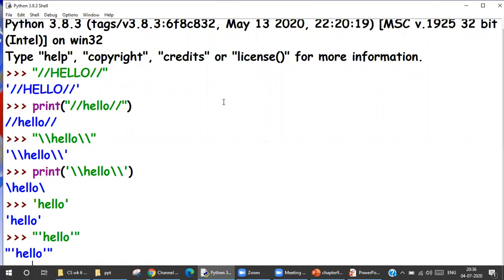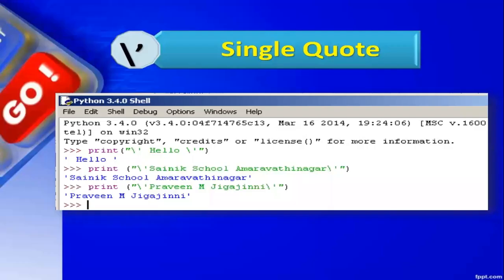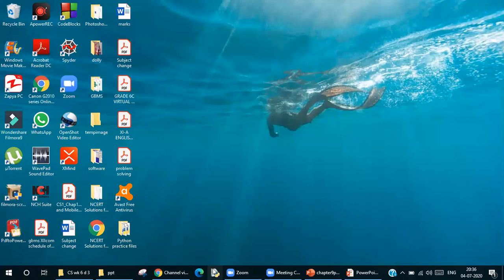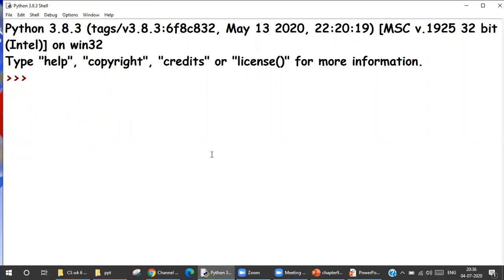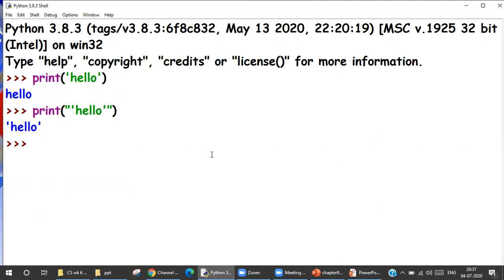So if I do it in the print statement, I get it without the quote. I want the quote, so I can use two quotes. Inside the double quotes, I have written single quotes because Python will take both. Now I have hello with the quotes.